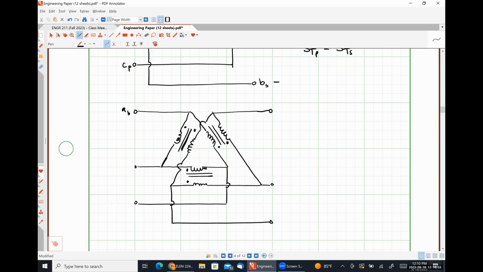So A on the primary, B on the primary, C on the primary, A on the secondary, hold on, now I'm confusing myself. So let's see. C on the secondary, B on the secondary,